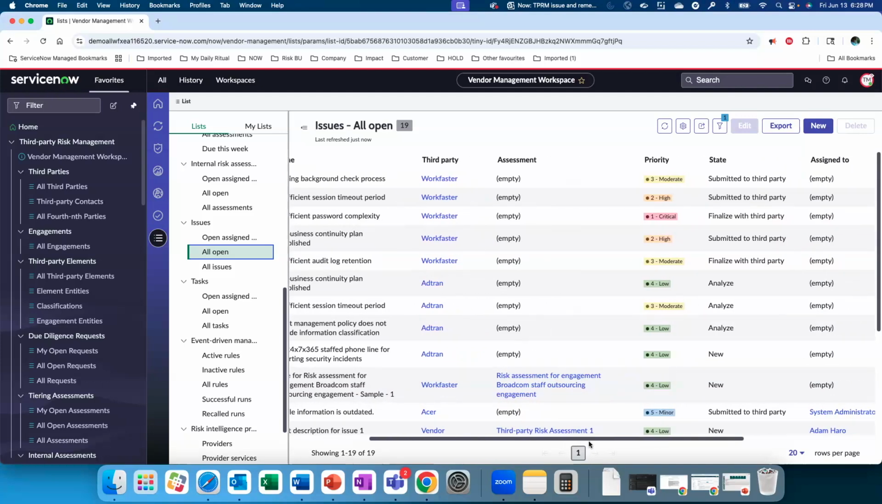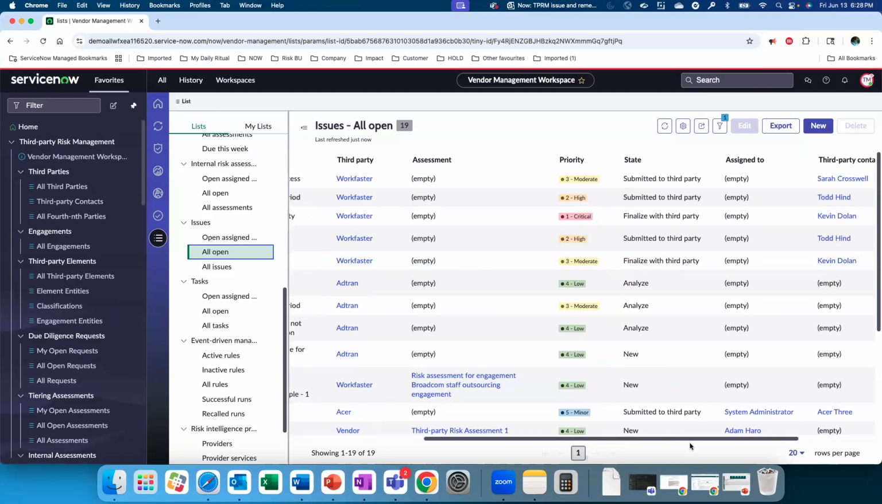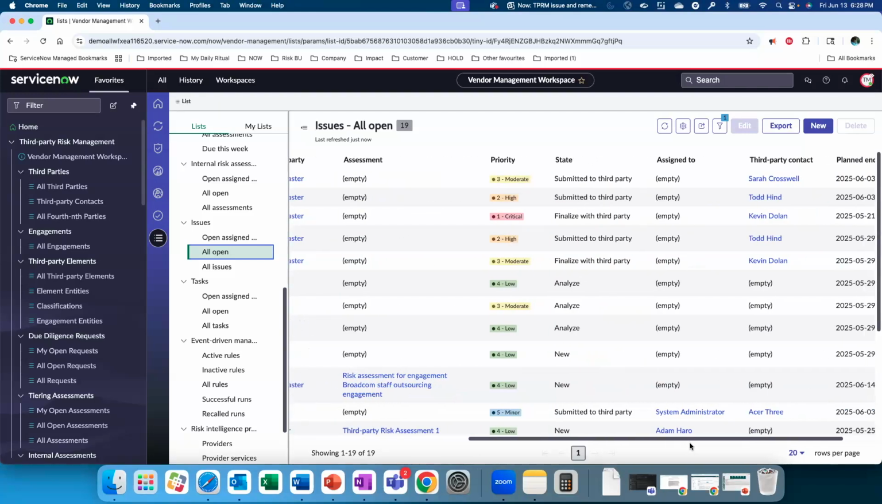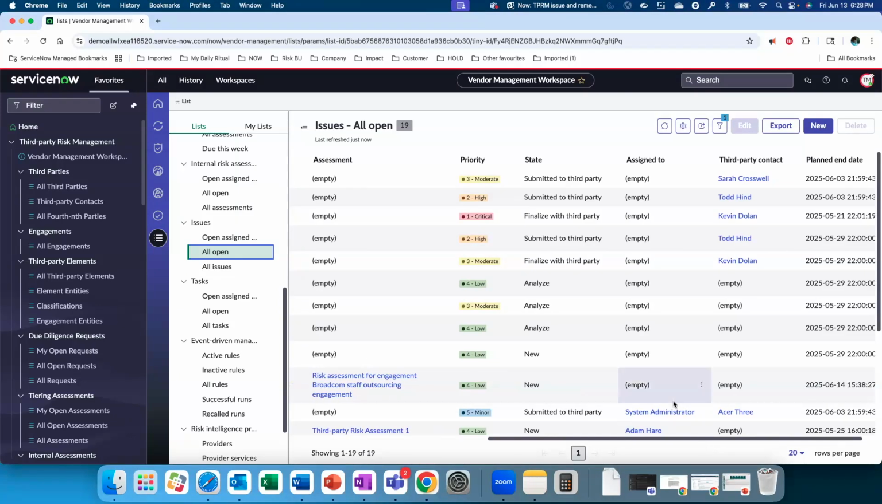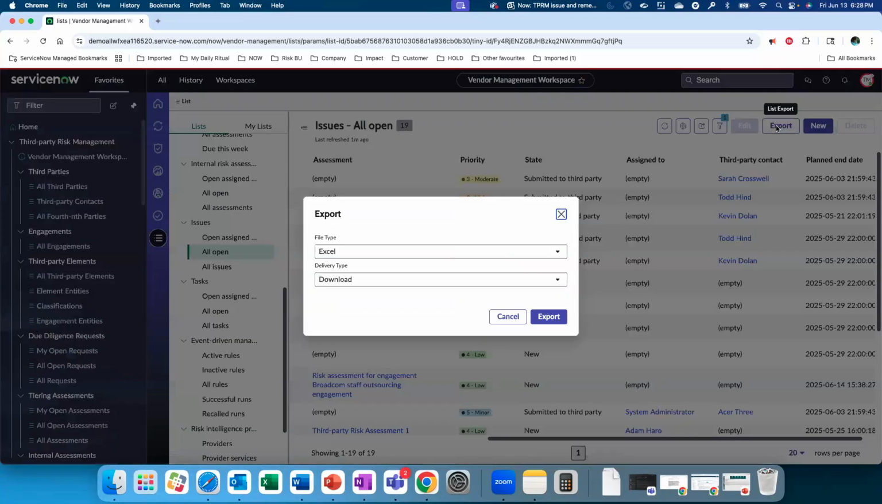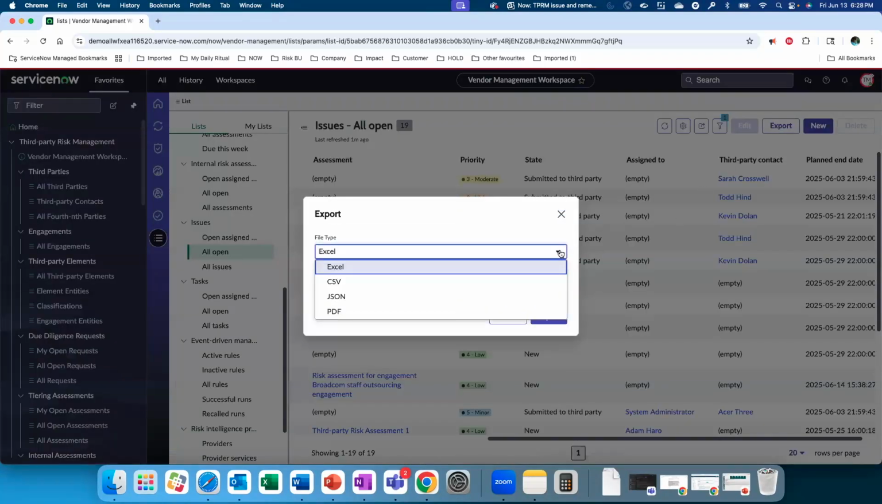The issue was identified during a third party risk assessment, priority, state, and assigned to attributes, and third party contact for external follow-ups, and the planned end date to track closure timelines. If you have a long list of issues, you can easily page through by clicking next page. If you have a long list of issues, you can export them as well in different file formats like Excel,